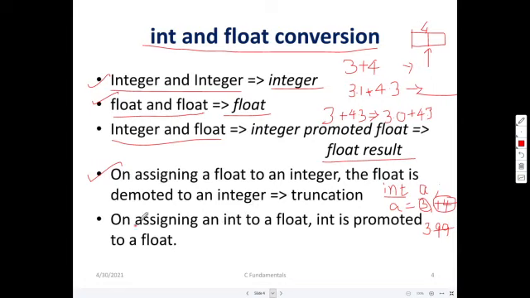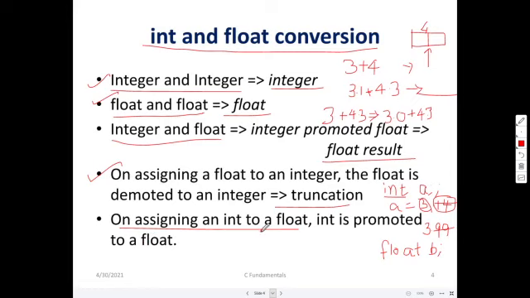Okay. So this is what is called truncation. On assigning an int to a float, and vice versa. Suppose I am declaring the variable b as float, naturally a semicolon should be there. All instructions in C language should be terminated with a semicolon, and this semicolon is called the terminator, right?